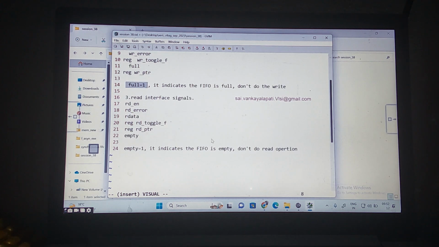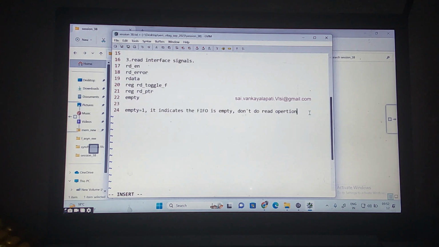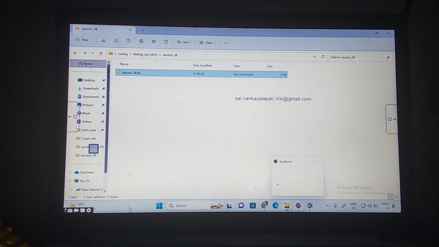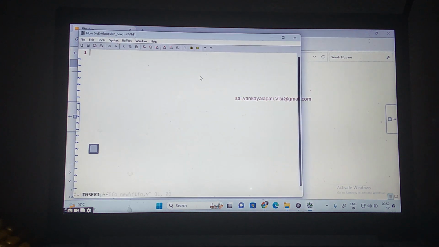Now can you write the synchronous FIFO? So what should I start with first? What do I need to write? Can you write a design file for the FIFO? Start with what? Module. Shall I write that synchronous FIFO? What are the input and output ports or common signals? Clock, reset. If I'm writing clock or reset, it is fine, I shouldn't write underscore I or underscore O for input and output. No need.